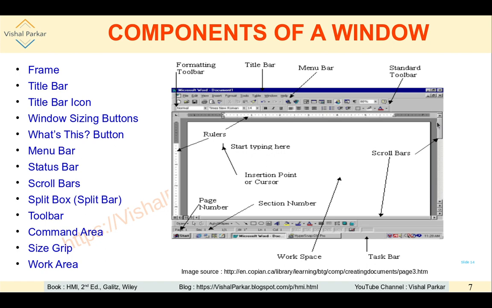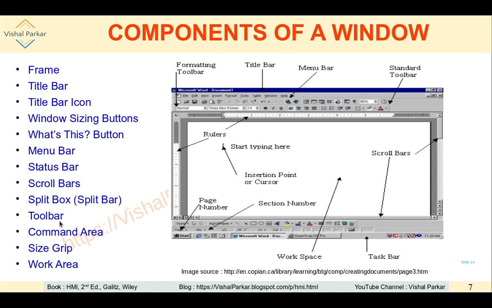So if available, that is available just above the arrow of the vertical scroll bar, or towards the left arrow, or just left to the left pointing arrow of the horizontal scroll bar. The purpose of the split box is to split the window into different areas. For example, one portion of the document can be held constant while the other sections can be moved. So one window will be divided into different sections with the split box. That window will be split into many different sections.